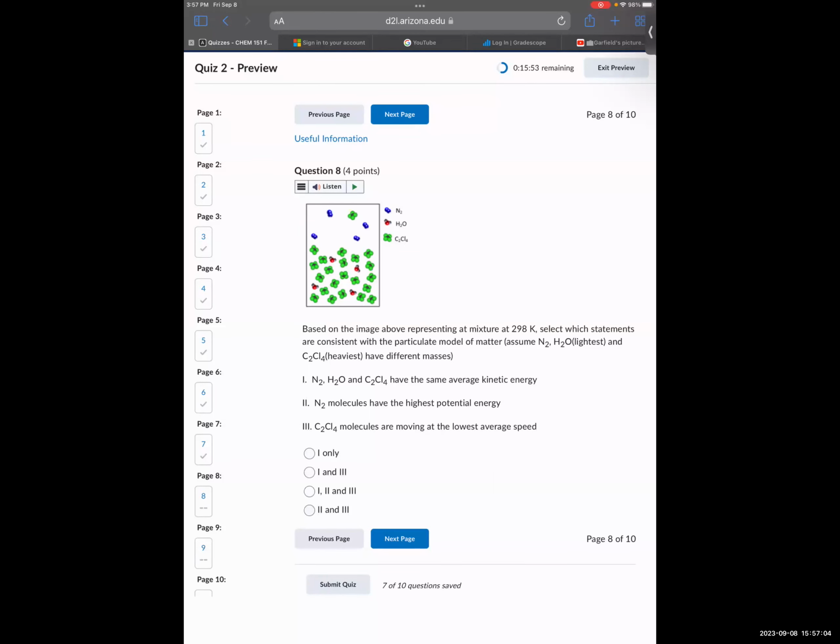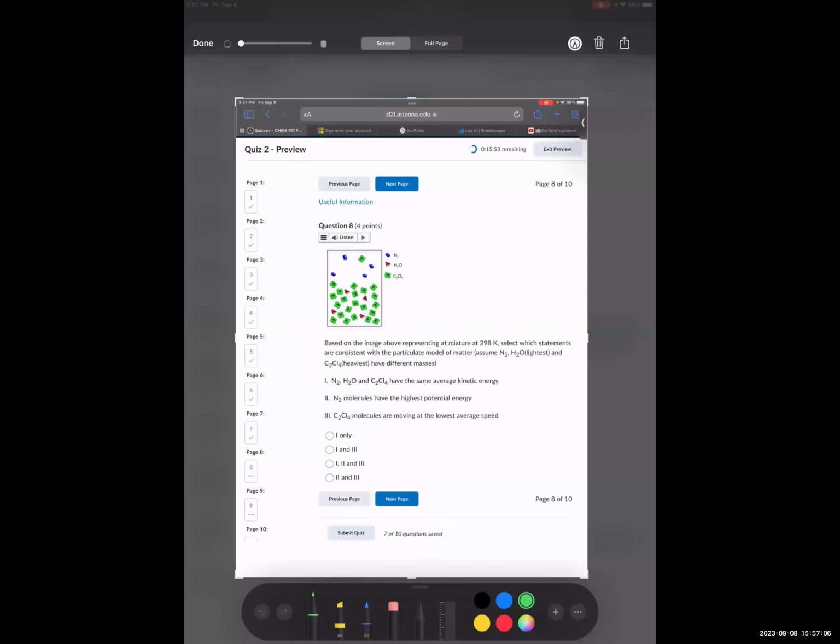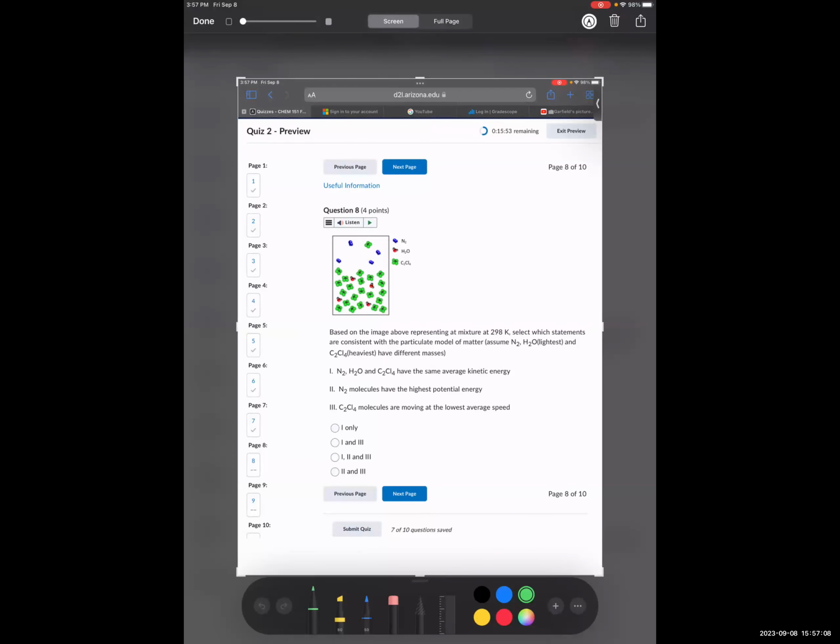Okay, let's take a picture and do it. Based on the image above representing a mixture at 298 Kelvin, select which statements are consistent with the particulate model of matter. Assume nitrogen, H2O and C2Cl4 have different masses. You are told that H2O is the lightest, C2Cl4 is the heaviest, and then N2 must be in between. Anyway, so option 1,